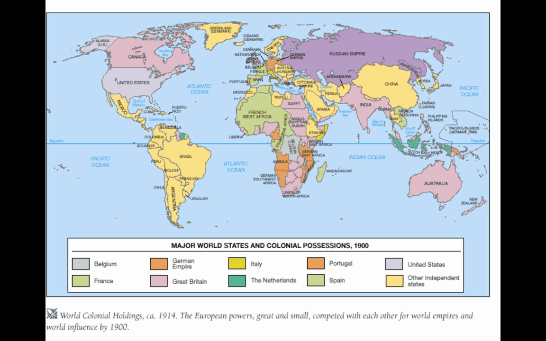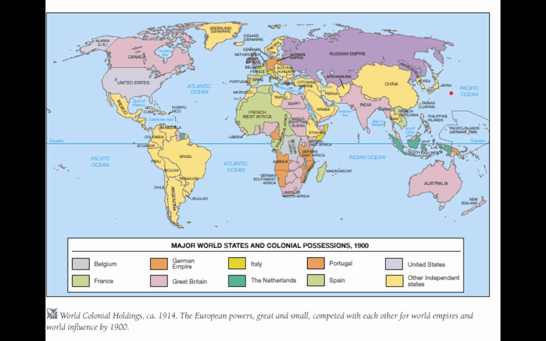So if you look, for example, Great Britain, in this pinkish whatever, owns a great deal of land. So technically Canada is still part of the empire. They have a holding in South America, obviously New Zealand, Australia, India, much of Africa. Thus, the term or the phrase that the sun never sets on the British Empire. The French also have a ton of land holdings in Africa and French Indochina, aka Vietnam, and we'll check a